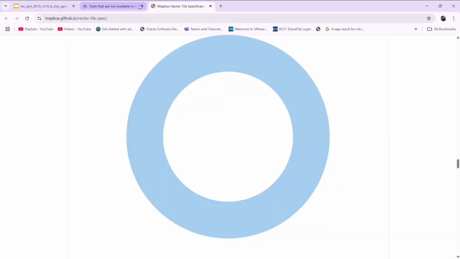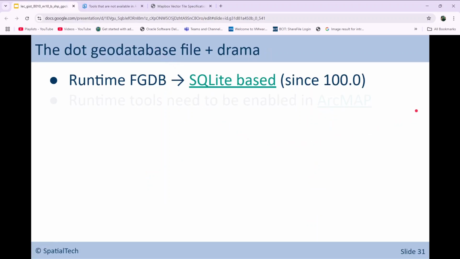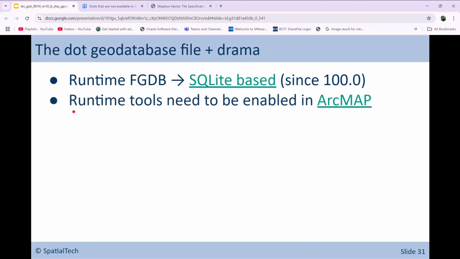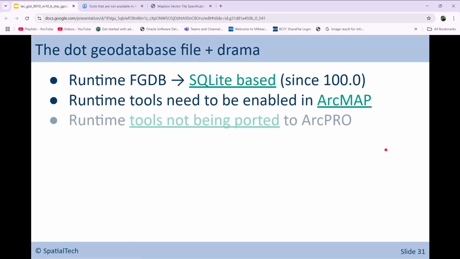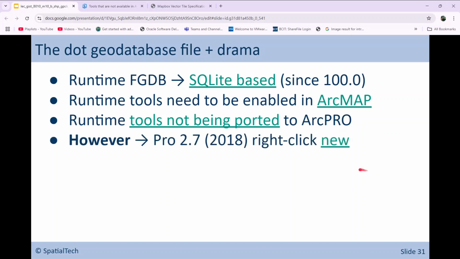Actually, we'll go back here and I'll click here. So at the time in ArcMap, you needed these runtime tools to be enabled to get these features. Then there was an announcement that the runtime tools are not being ported to Pro. However, right, at Pro 2.7, you could right-click and go new